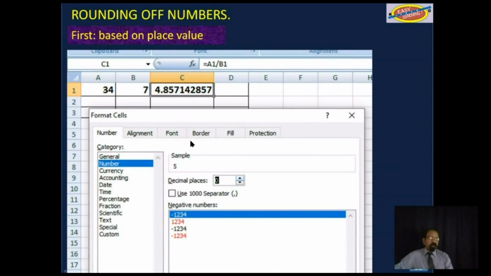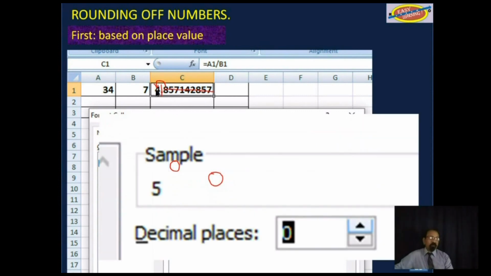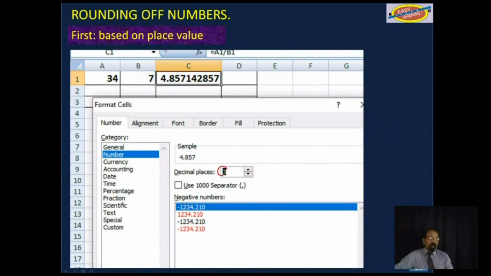Same number, and we want 0 decimal places. So as you could see, the answer is 5. So it takes all of that out, takes this 8 from here, this is more than 5, makes that 5, so you get 5. Now if I had said 3 decimal places, 1, 2, 3, so we are going to